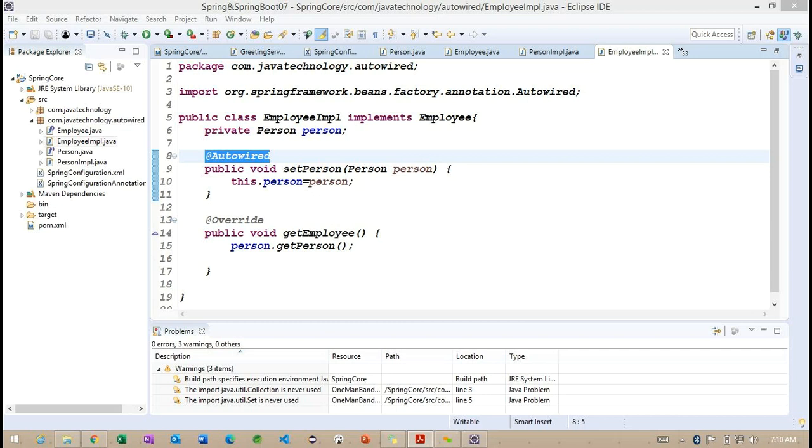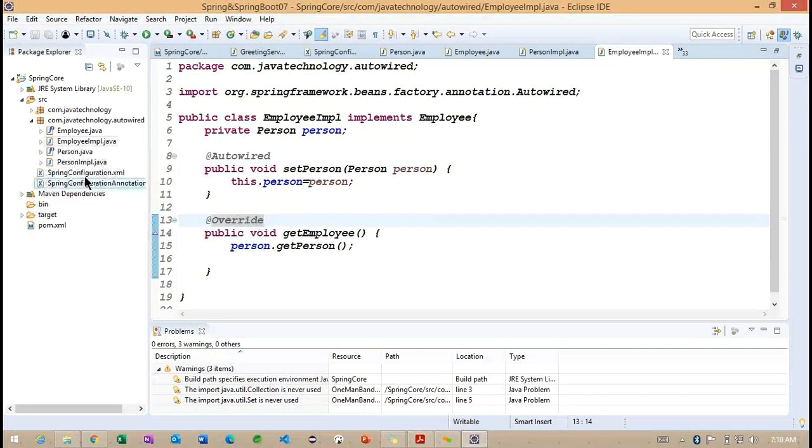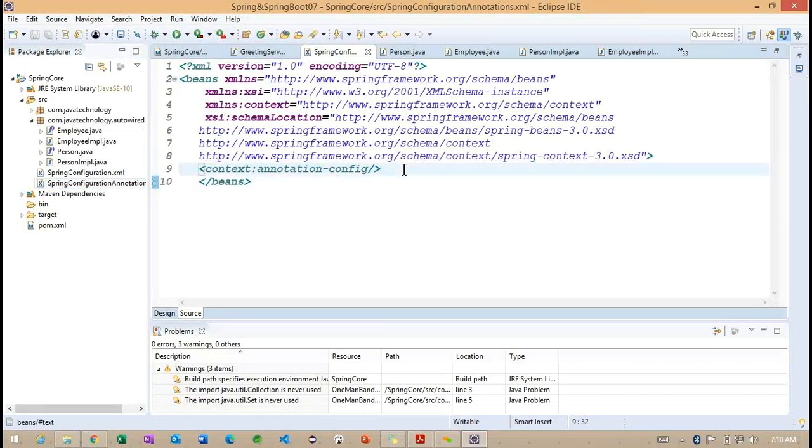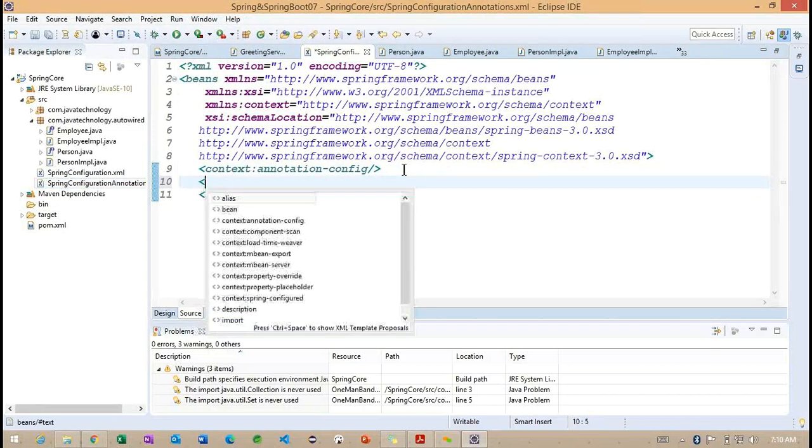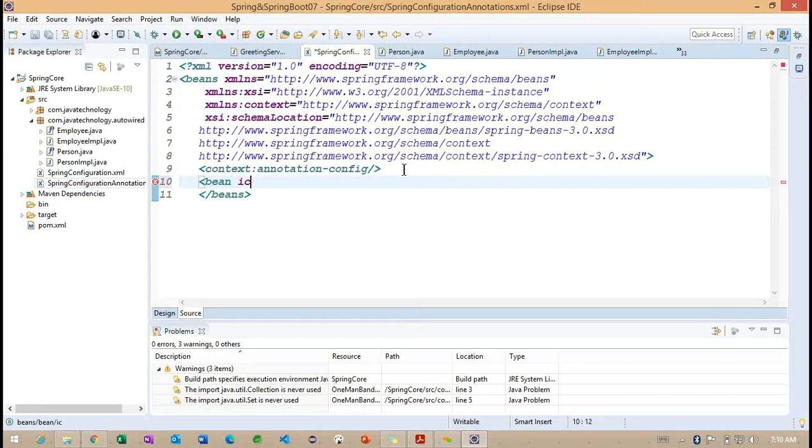So carefully observe, go to the annotation example. Inside this, first we need to create a bean ID. What is the ID? We are going to create employee and its class.